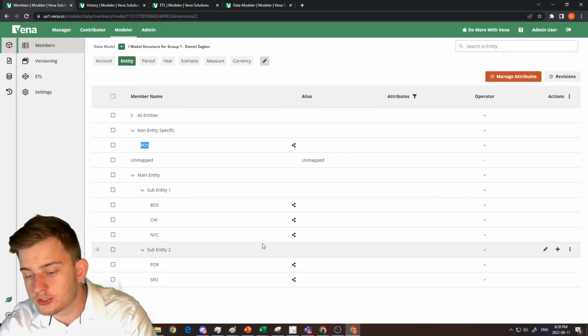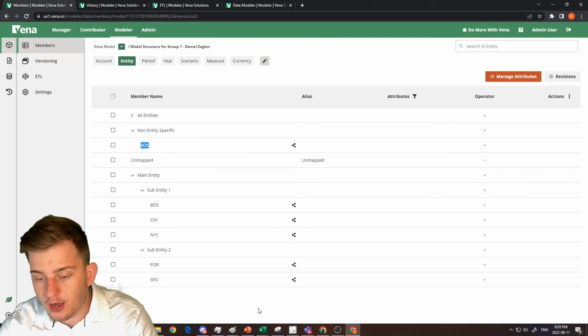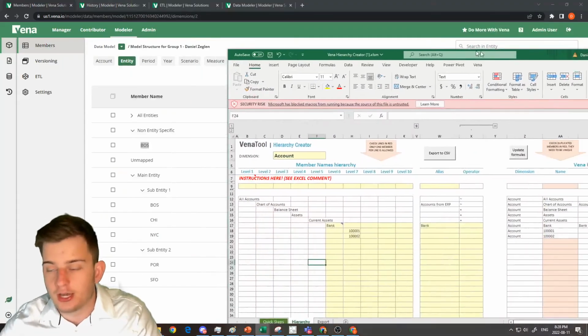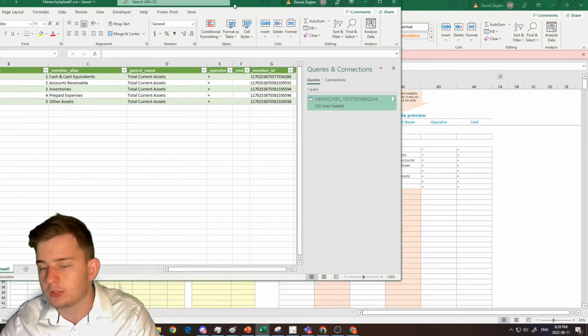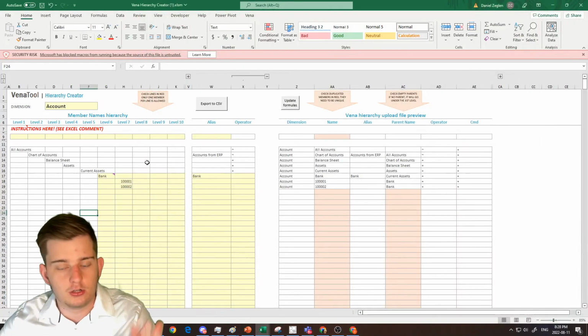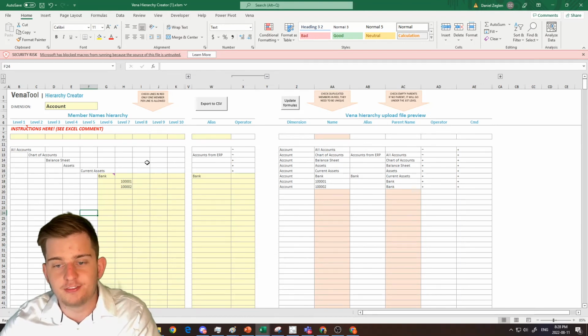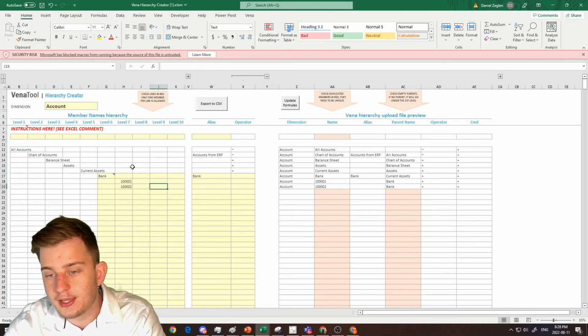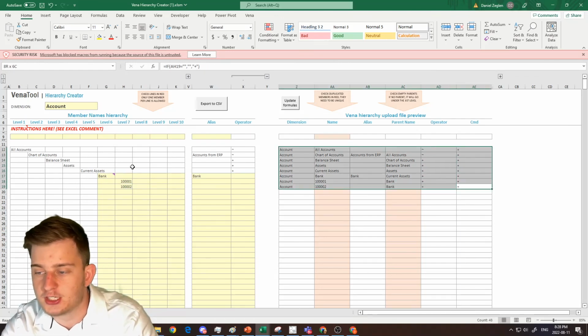Okay. Also, before I end things off here, I wanted to note how you can manually go about creating these hierarchies, because things don't always line up so nice in this relationship here. Things aren't always this clean, right? So we do have, and I'll attach this in the description here, a Vena hierarchy creator tool, which allows you to import basically a level by level structure like this, and then export out this Vena hierarchy upload file,